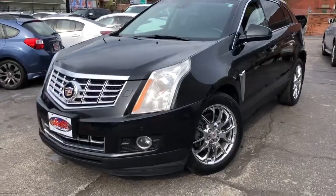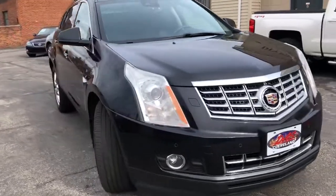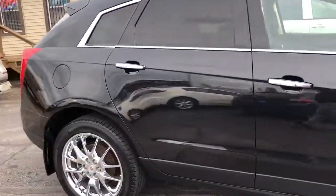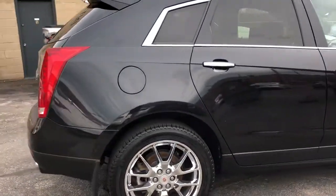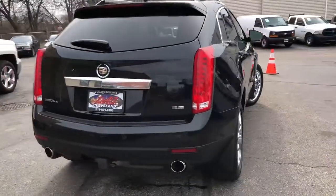We're back, folks, with a 2013 Cadillac SRX. This is a premium package. She's one owner with a perfect Carfax, and all the dealer service is logged onto the free Carfax. Highly optioned car with the trailer tow package,